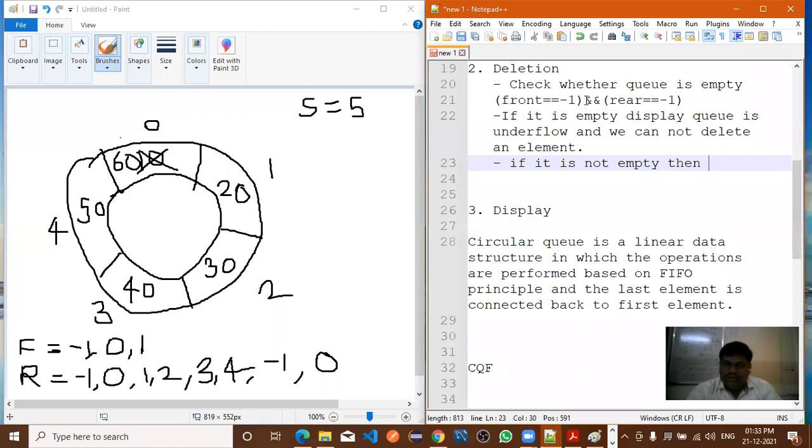Which element do you want to delete? First we display the element that you want to delete. Are you able to understand what I am saying? Then how to display it?